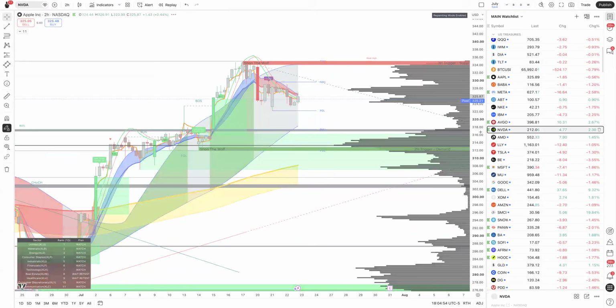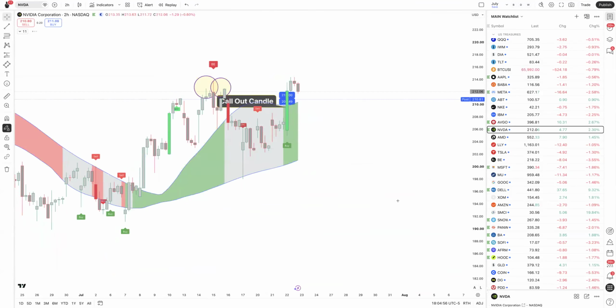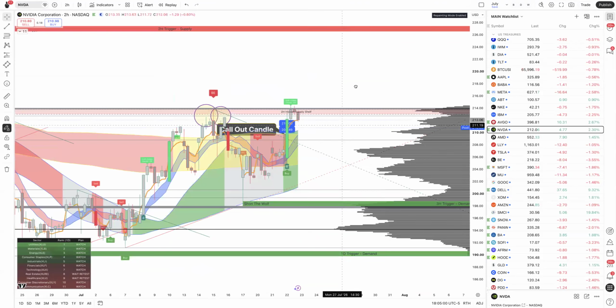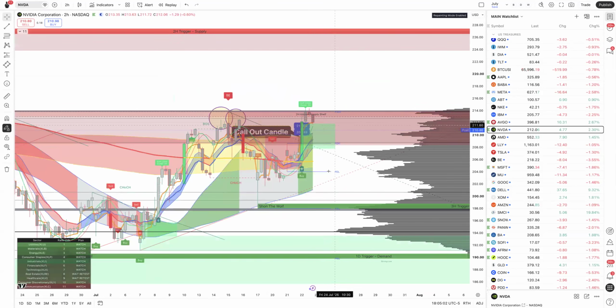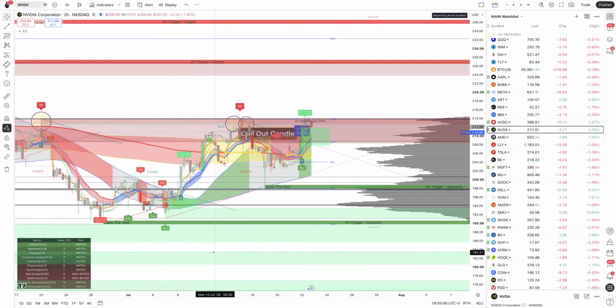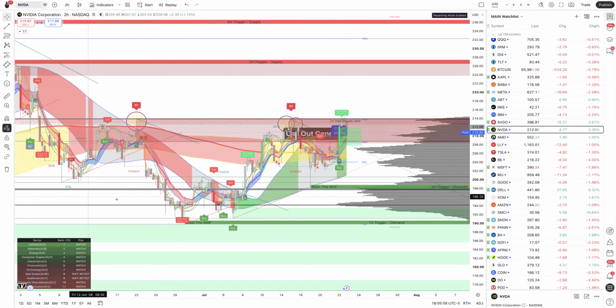Or if I go to NVIDIA, it has a line of support. It has resistance right here. I can see that there are sellers right here. You normally would have to take all weekend and draw all this stuff out. So what I ended up doing was, and I used to manually draw it all out myself as well,